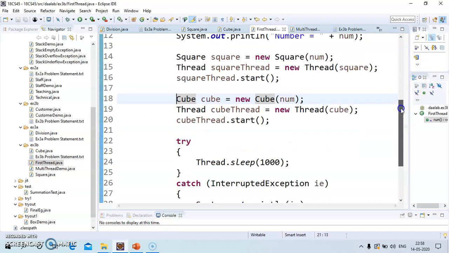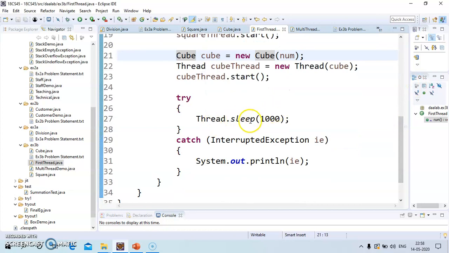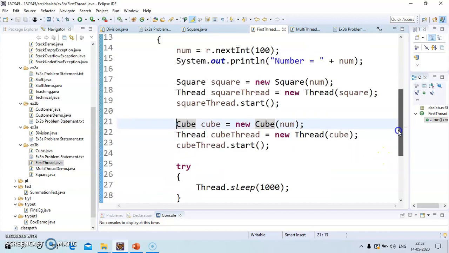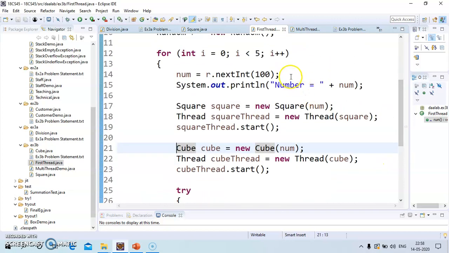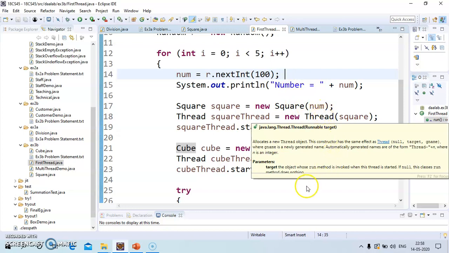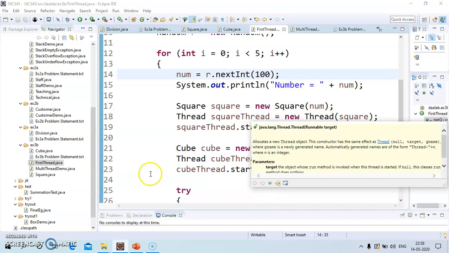Then we have used Thread.sleep of 1000 milliseconds, so after 1 second this loop will be executed again. We are going to generate 5 random numbers, find the square and the cube of each number and print them.